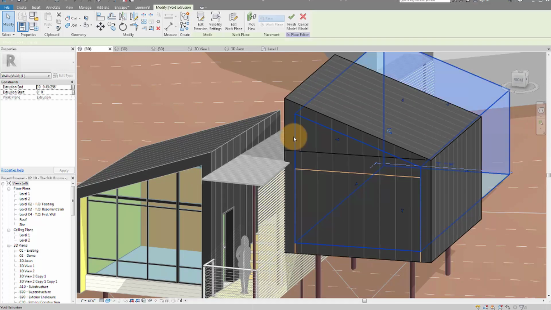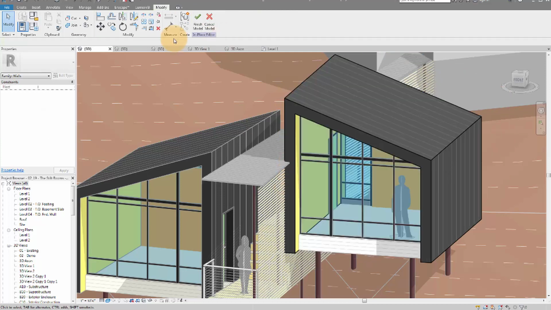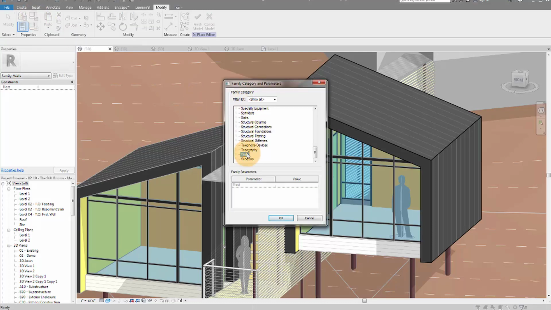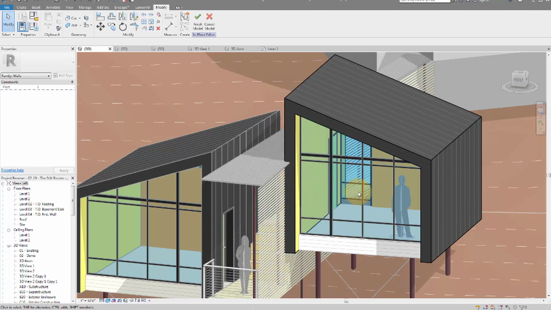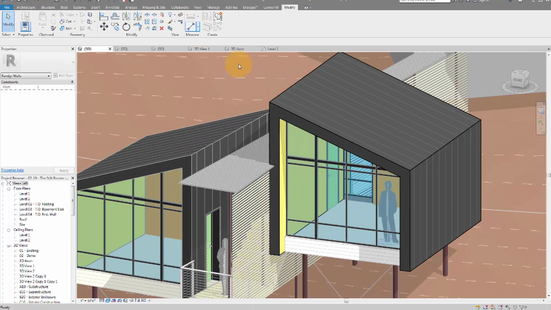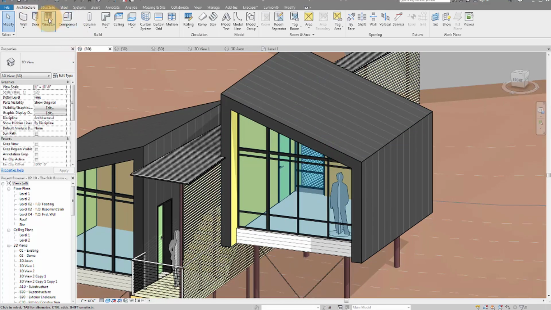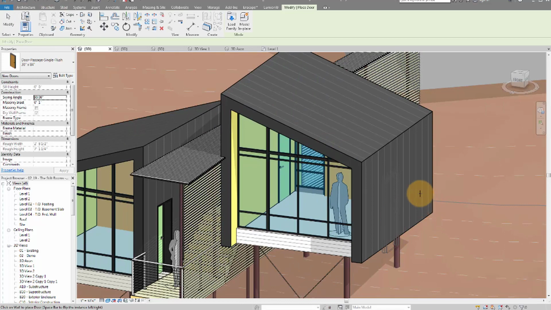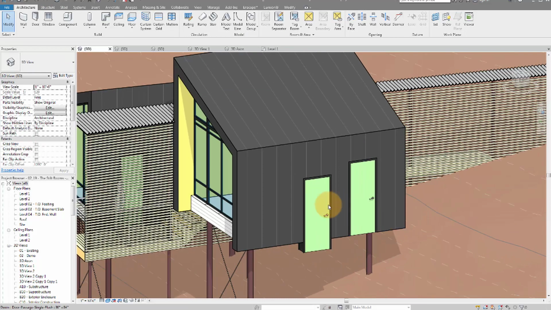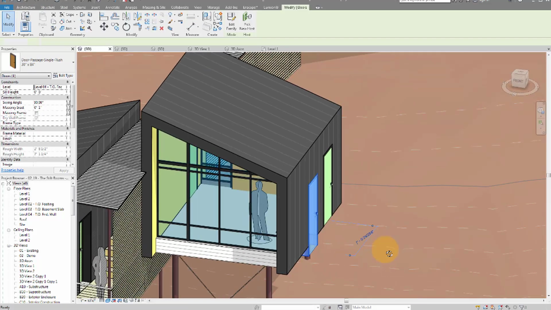And what you'll notice is that if I go in this family and I click on the top left where it says family categories and parameters, you'll see I changed the category of this to a wall. By default, it'll probably be a generic model or whatever you chose, I guess. But by clicking it as a wall, what's pretty cool is that if I get out of here, if I go and I place a door, you'll notice I can actually place doors in this in-place mass,